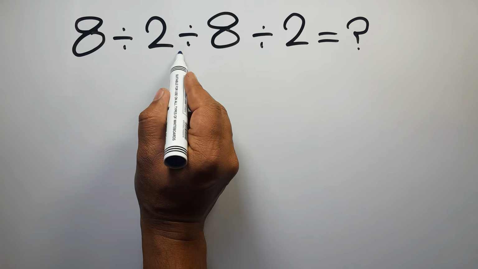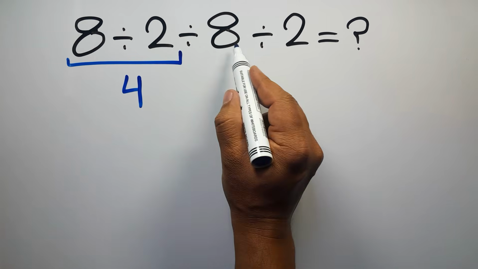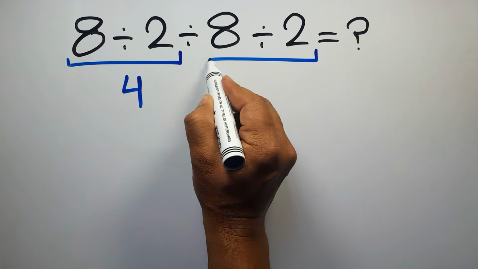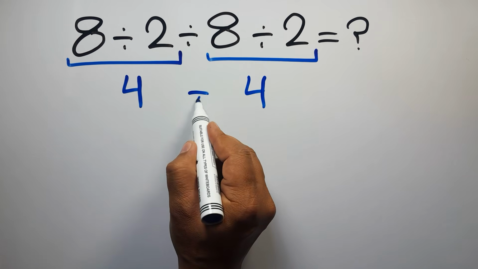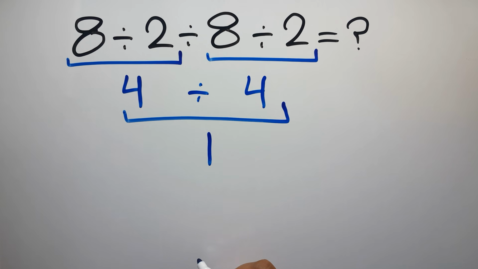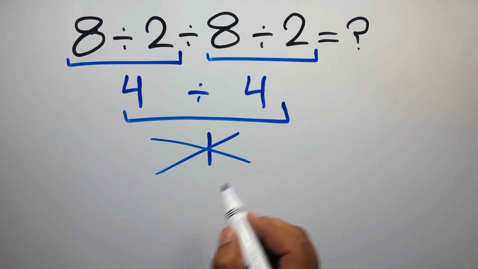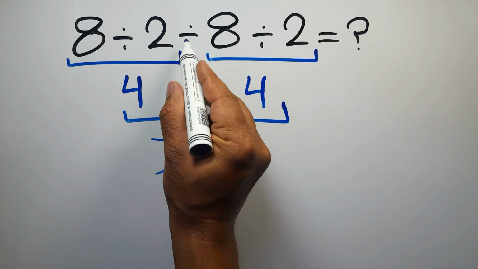8 divided by 2 gives us 4. And again here we have 8 divided by 2. So we have 4 divided by 4, which equals 1. But this answer is not correct, because according to the order of operations, when we have more than one division